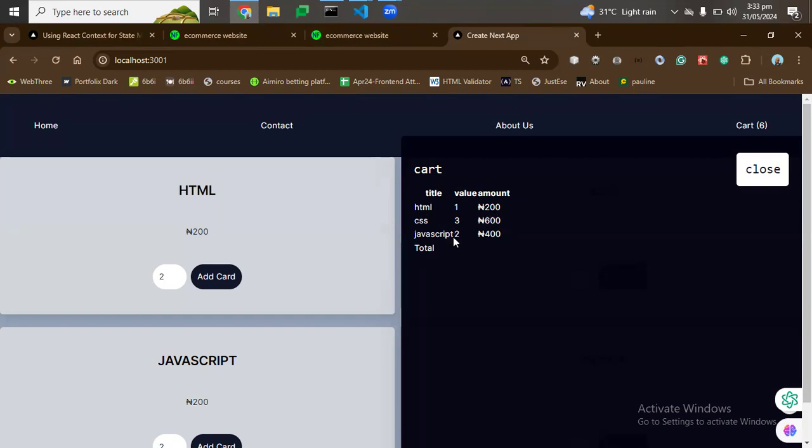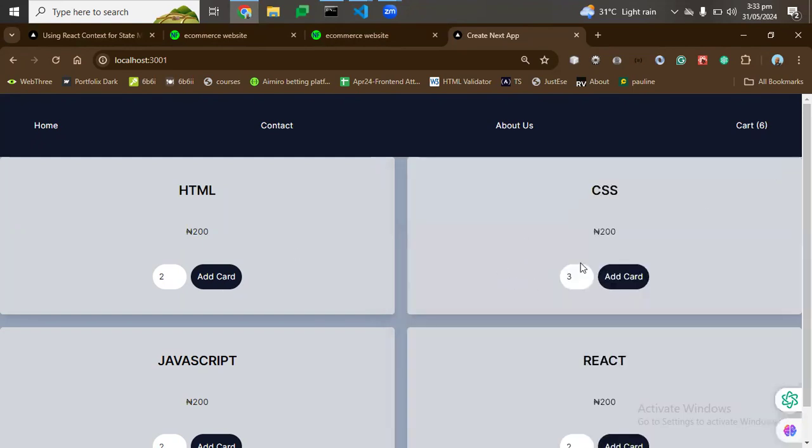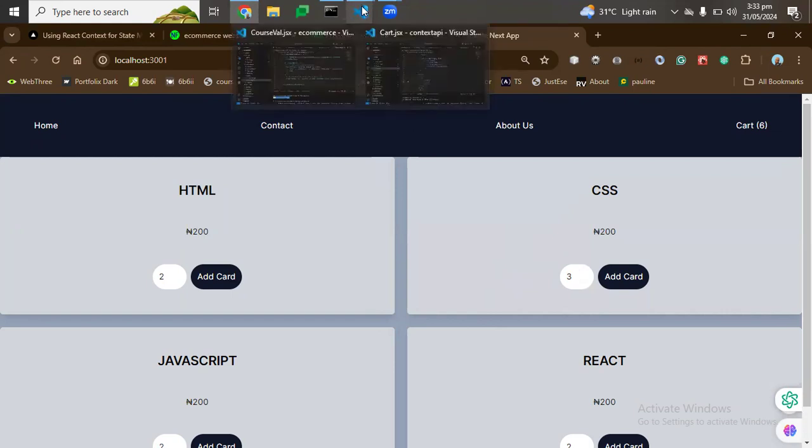I don't know whether they have different amounts. I think everything is 200. So I can change the amounts anyway. This one is 2, which is 400. Yeah, so if I close, we close back. So we can go back and design our table well so that this table can come out looking good. But first of all, let's